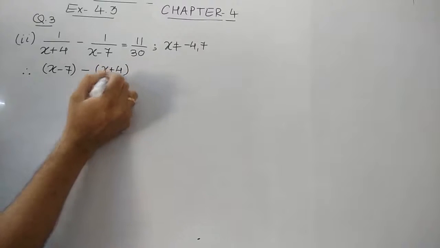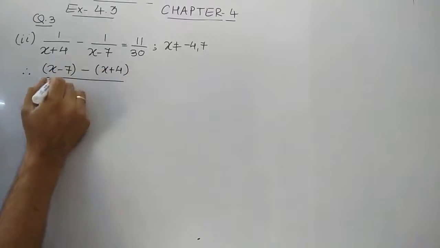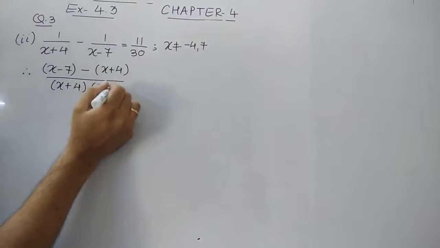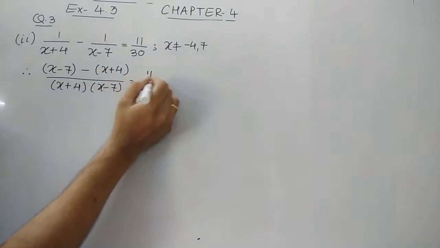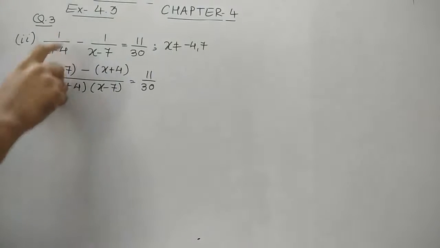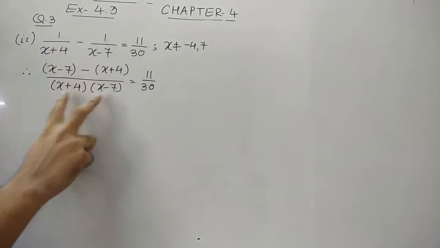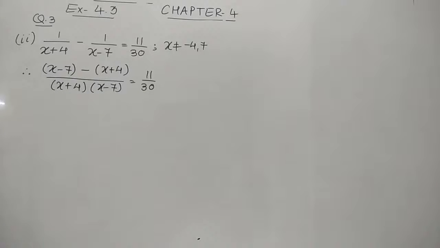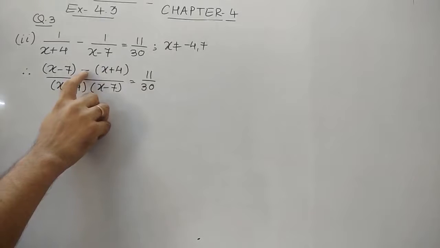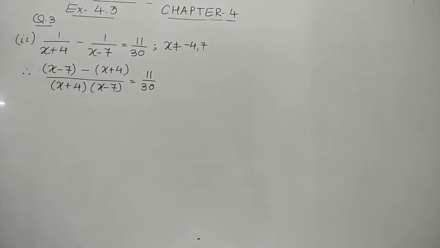Now remember students, why I have written this term in the bracket, and in the denominator it is the LCM. So we know that the LCM should always be in the product. When we multiply this term here and this here, that means we are supposed to do the product of this. Now I have written this in the bracket because the sign is minus. So when we open this, we know that the sign of the inner terms is supposed to be changed.